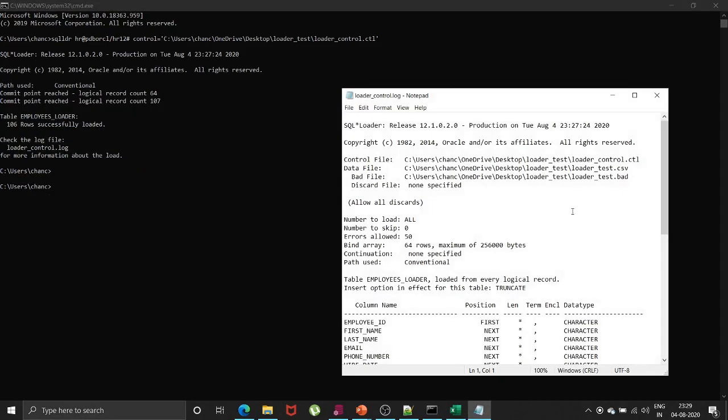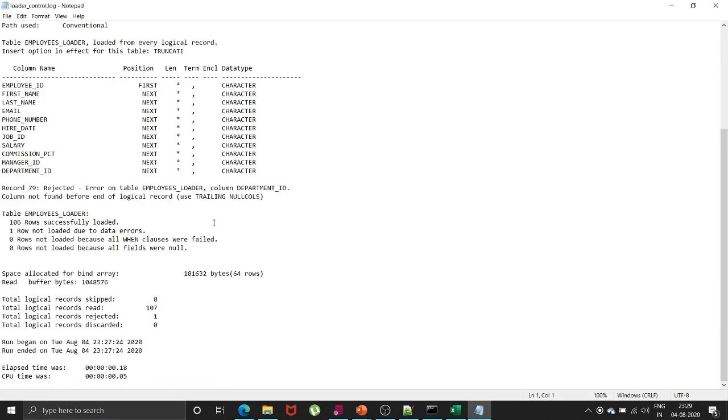Okay, I got the document. If you see, I have certain information here, that is total logical records skipped 0, then total logical records read. As I told you, my data file had 107 rows, so it read all the rows, and one row got rejected and 0 rows got discarded.